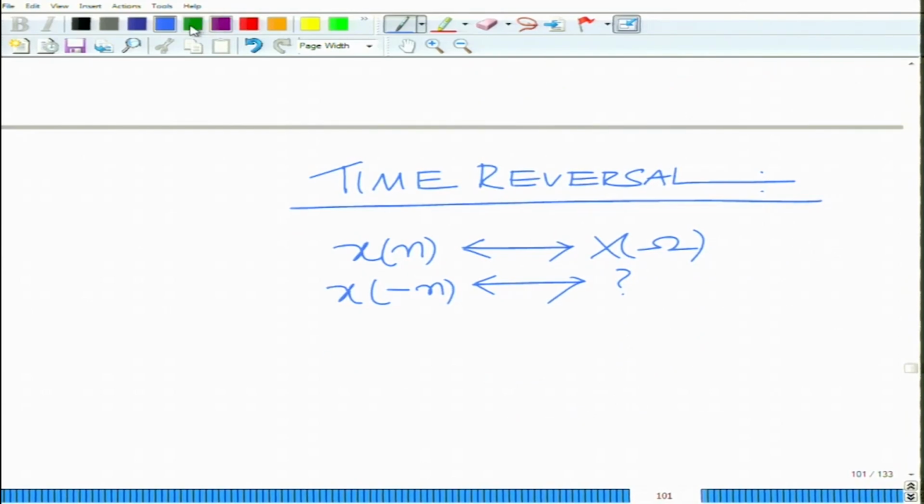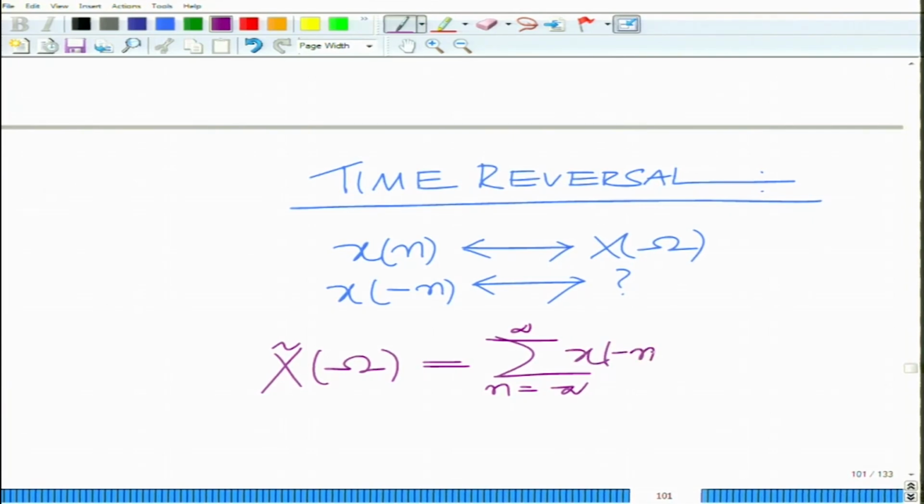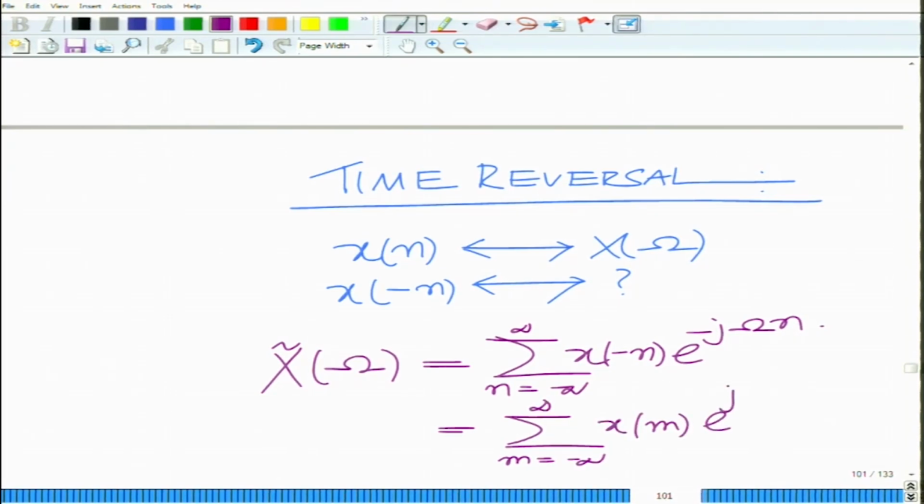That would be X tilde of omega equals sum n equals minus infinity to infinity x of minus n e raised to minus j omega n equals summation, setting m equals minus n, that would be minus infinity to infinity x of m e raised to j omega m, where m equals minus n,